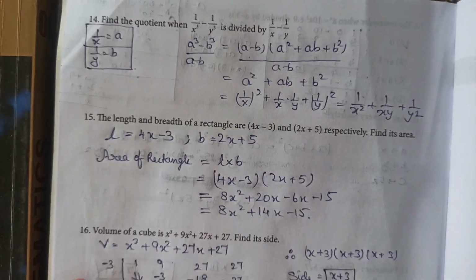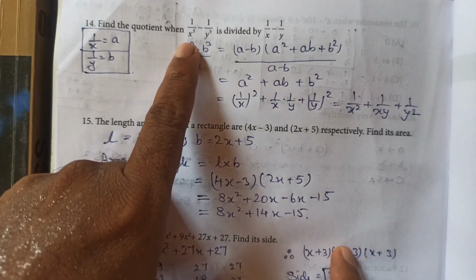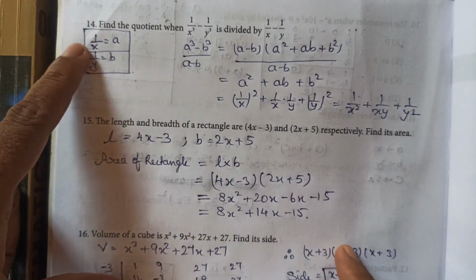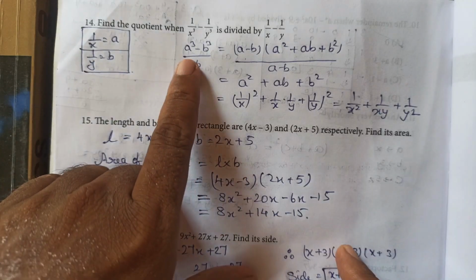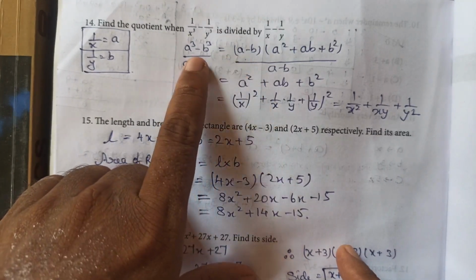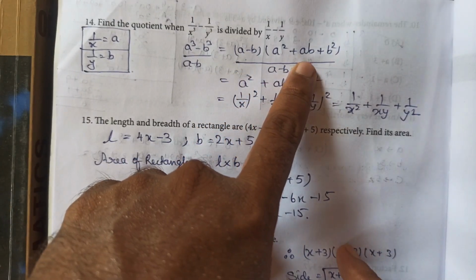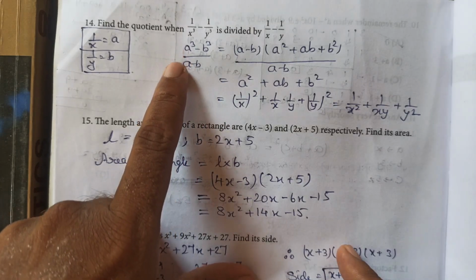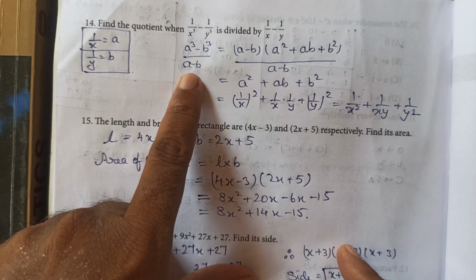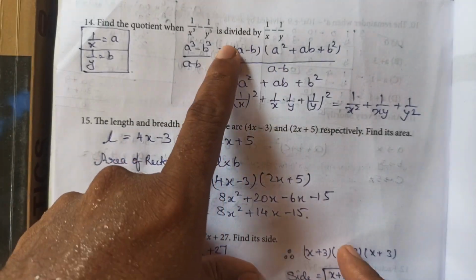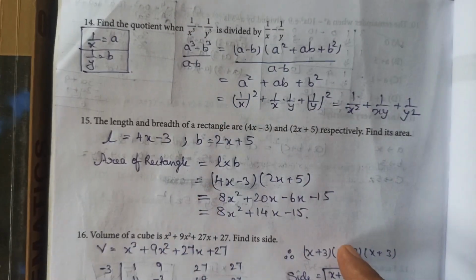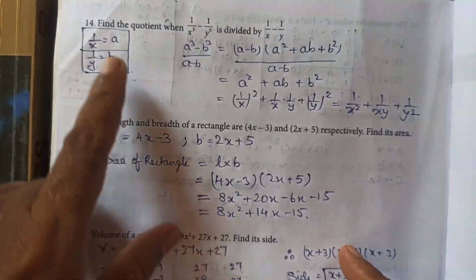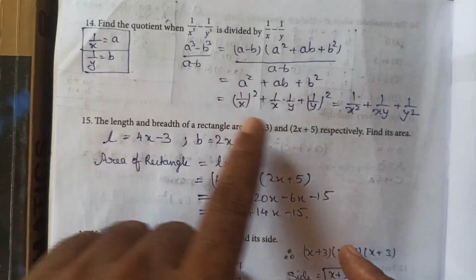question number 14. Find the quotient when 1 by x cube minus 1 by y cube is divided by 1 by x minus 1 by y. So we consider 1 by x as a, 1 by y as b. So a cube minus b cube becomes, the formula is (a minus b) into (a square plus ab plus b square). So this can be written dividing by a minus b both. So a minus b gets cancelled. After cancelling this, we are left with a square plus ab plus b square. Now substituting a as 1 by x and b as 1 by y,